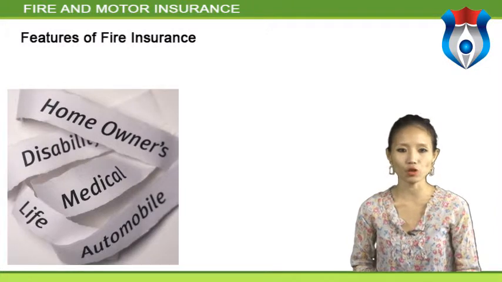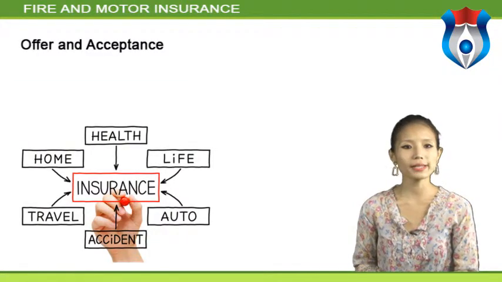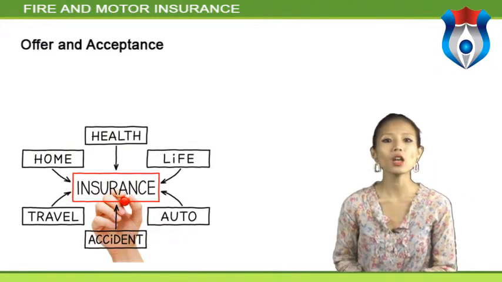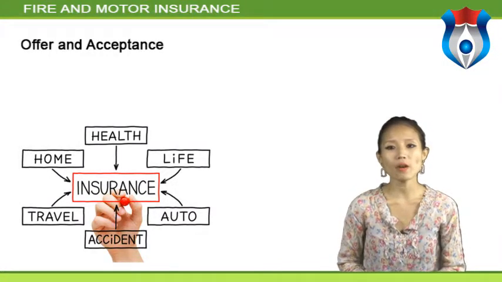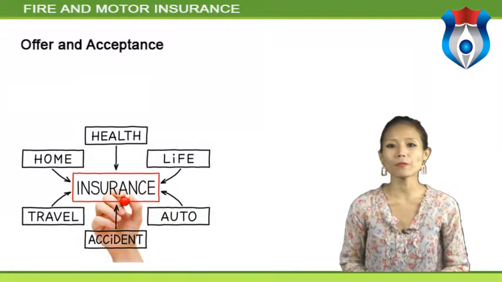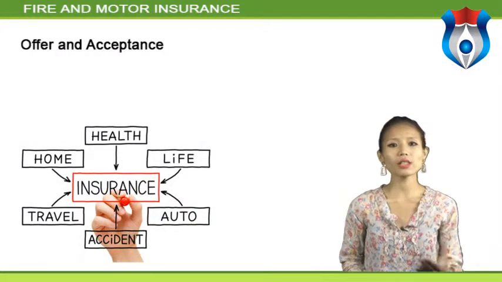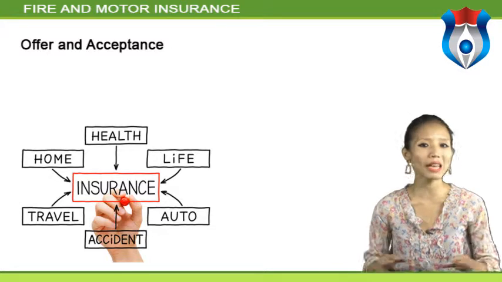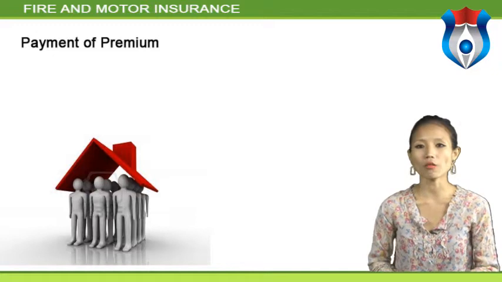Features of fire insurance. The features of fire insurance are as follows. Offer and acceptance. It is a prerequisite to any contract. Similarly, the property will be insured under a fire insurance policy after the offer is accepted by the insurance company. Example, a proposal submitted to the insurance company along with premium on 1st January 2011, but the insurance company accepted the proposal on 15 January 2011. The risk is covered from 15 January 2011 and any loss prior to this date will not be covered under fire insurance.